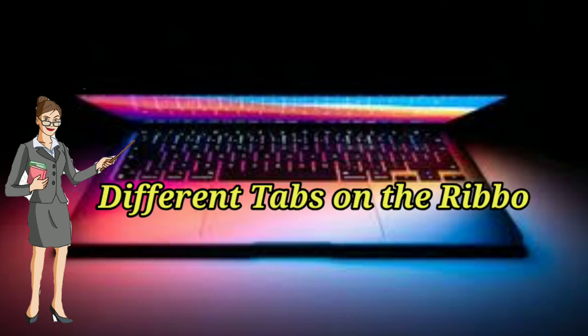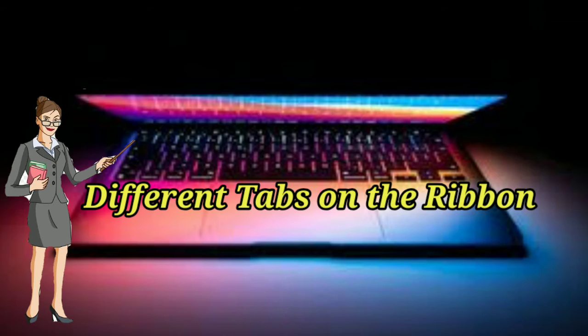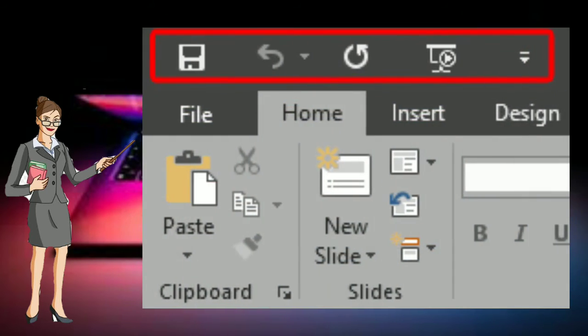Okay students, now the different tabs on the ribbon. First, Home. The Home tab is divided into 6 groups, namely clipboard, slides, font, paragraph, drawing and editing.